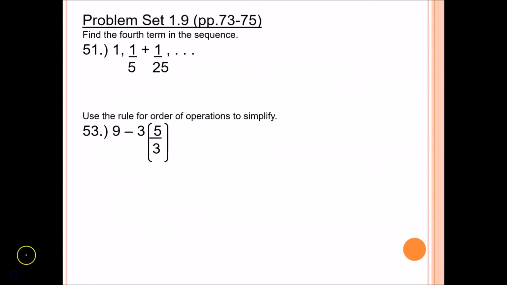That's it. Okay, let's go back to the sequence. Number 51. What is the fourth term in the sequence? So you notice it's 1, 1/5, 1/25. So what's going on with the numbers? This one we multiply by 1/5, right? And again we multiply by 1/5, we get 1/25. So to get the fourth number, we also multiply 1/25 by 1/5. Therefore, the fourth number is 1/25 times 1/5 is